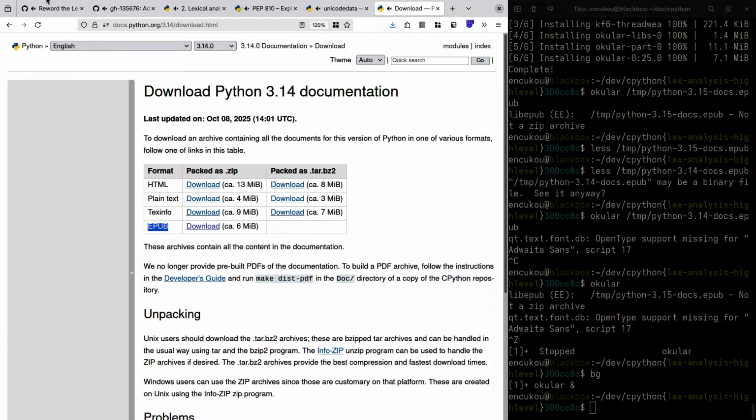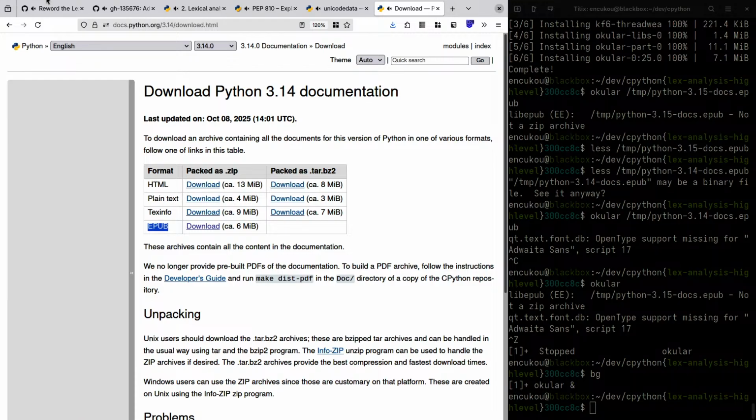EPUB. So I know I'm late to the party of not having PDFs anymore. But just for context, why is it difficult to just take all the existing HTML docs and make them a PDF? I mean, as part of the build process. I get that it's resource intensive, but isn't?